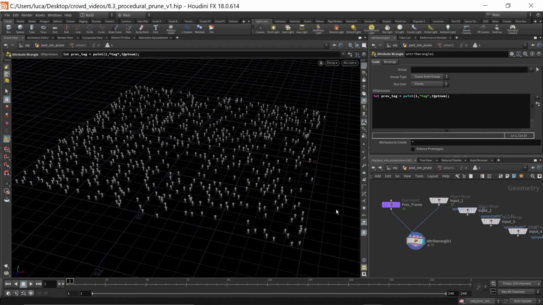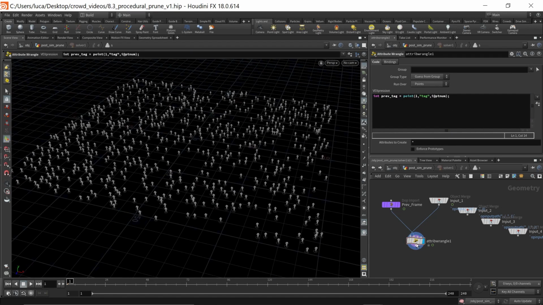There we go. Okay, so what this is doing is it's basically saying, hey, is there a tag attribute over here on the previous frame? And if there is, well, there will be, take that value and put that value into here. And what I'm going to say is if prev tag is equal to 1, then set 1, 2, 3, 4, indent it, then set